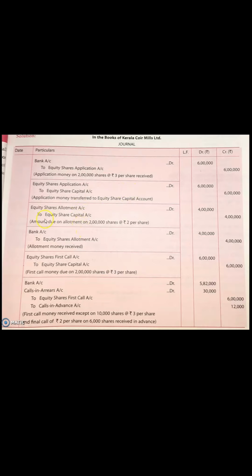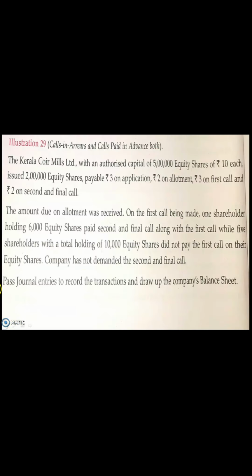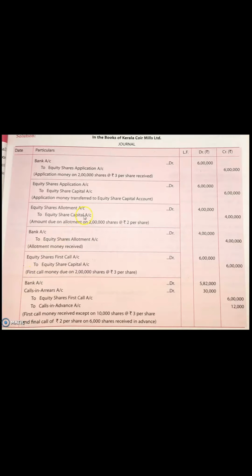Okay, so the due entry related to allotment is equity share allotment account debited to equity share capital account. How many shares are issued? 2 lakh. And what is the price? How much are you going to collect from allotment? It's 2 rupees itself. So 2 lakh into 2, you will get 4 lakh. Now received